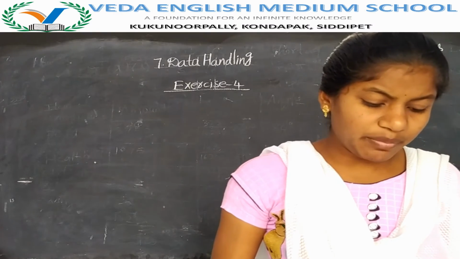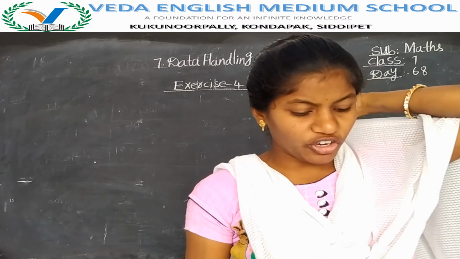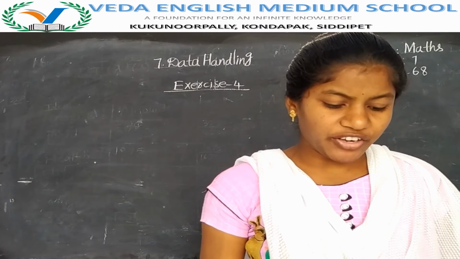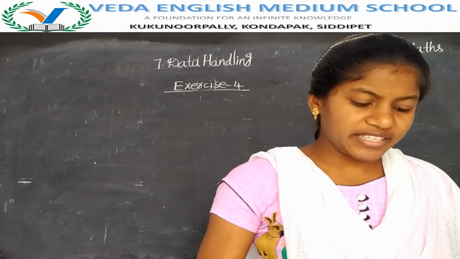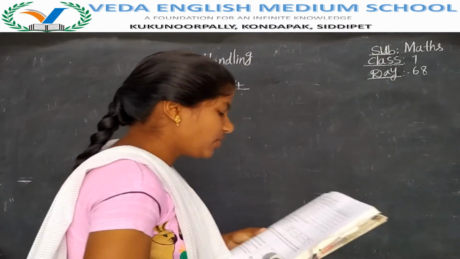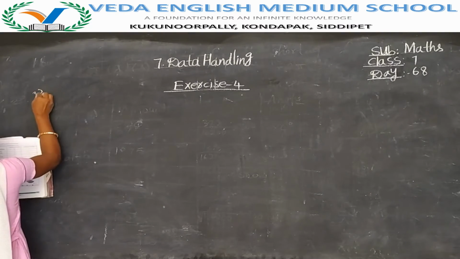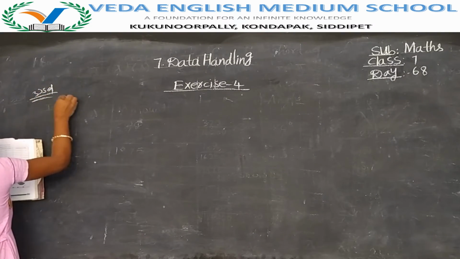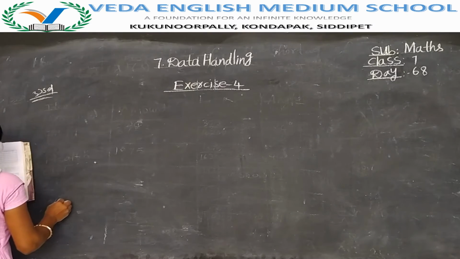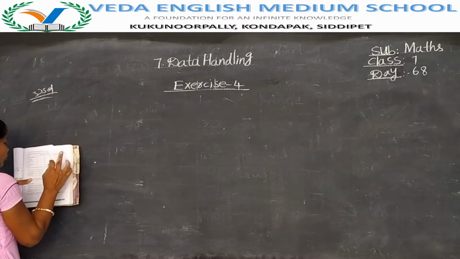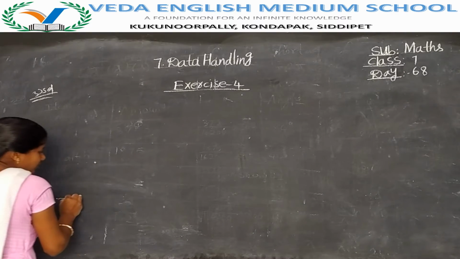Here they have asked us to draw a double bar graph for the following birth and death rates of different states in 1999. They have given the state, birth rate, and death rate. Third solution: to draw the double bar graph, the highest number here is 24, so we will take 1 centimeter as 1 unit. Then we will draw the box.